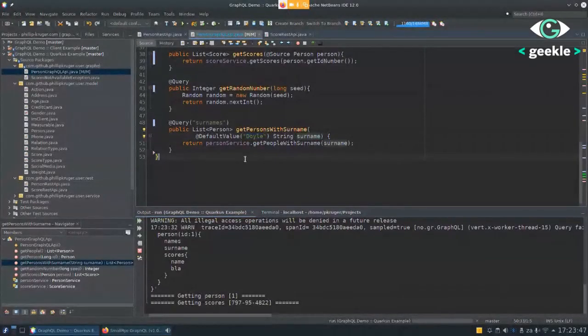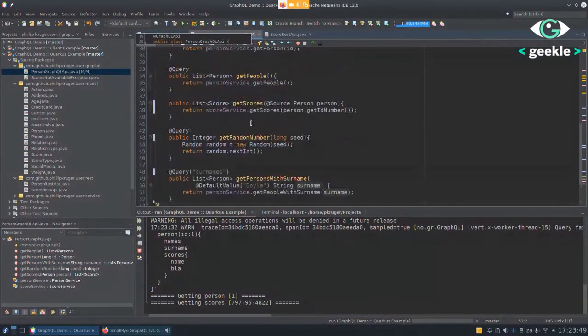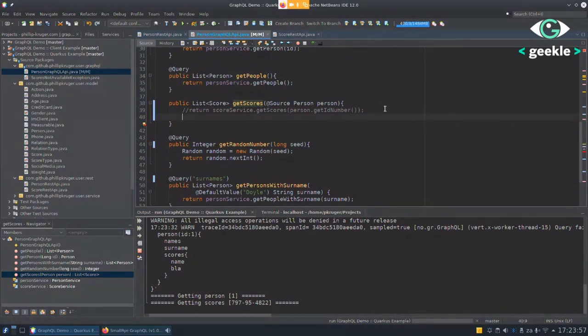The other error is, let's say the source backend system is down. As I said, this is a separate system. So let's simulate it being down. So we'll just say throw score not available exception, and I will say throw new scores not available, and we'll just say score system down. Right. So if I refresh this now,